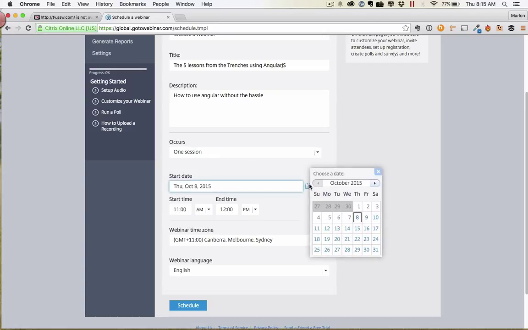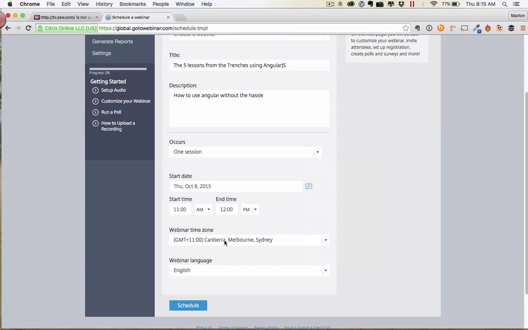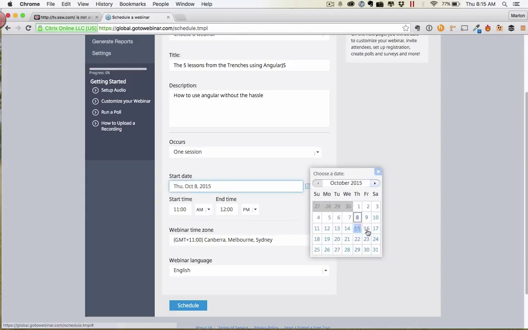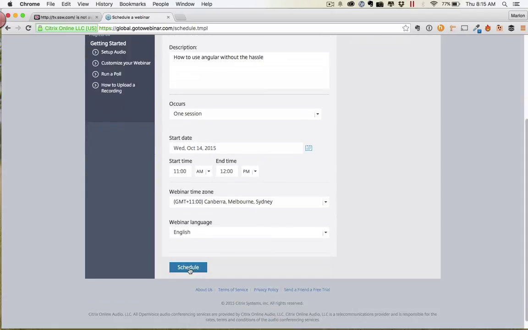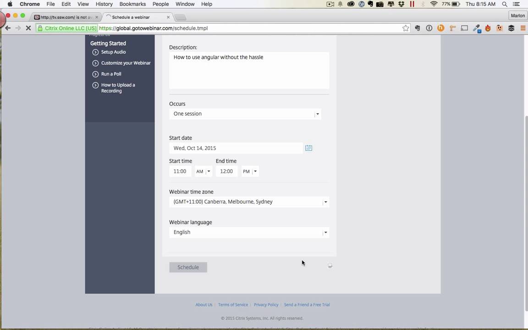You can choose the date. So the date is really important. Sometimes we run events in the US, so we change the webinar time zone to Los Angeles time, but this one will run in Australia. We'll pick a date, say Wednesday the 14th, and then we pick a start time and end time. So all of this shows up on the webinar landing page. Then I click schedule,